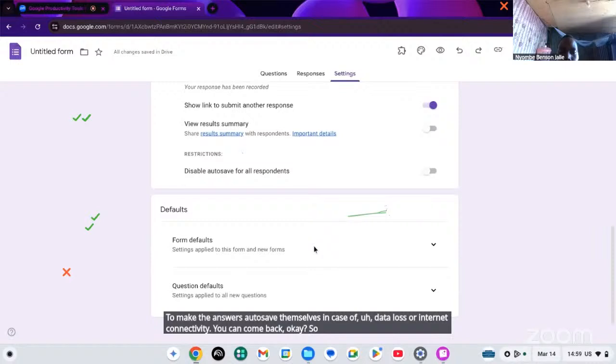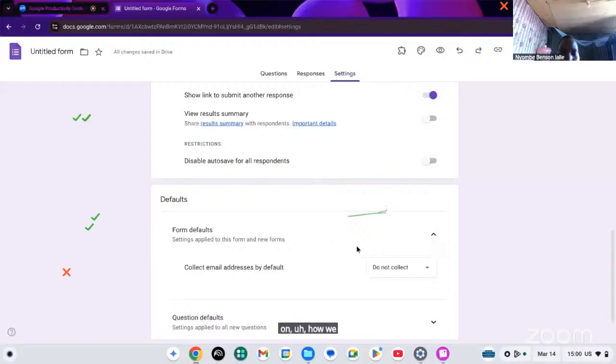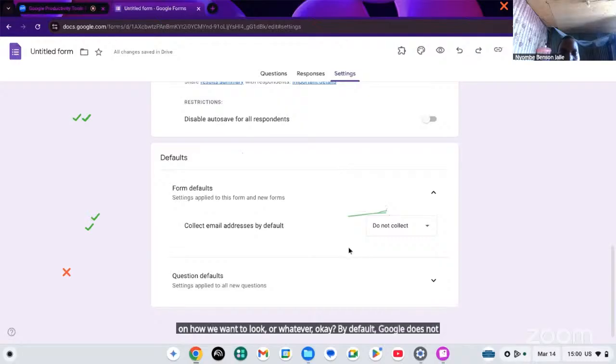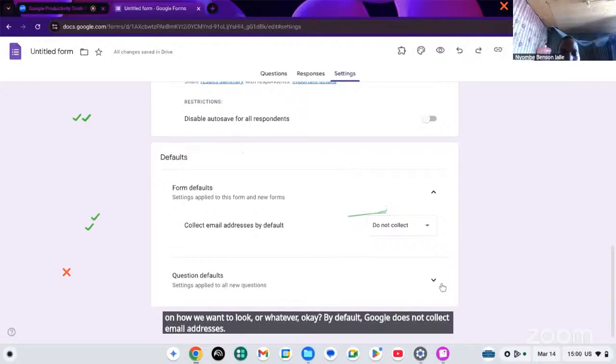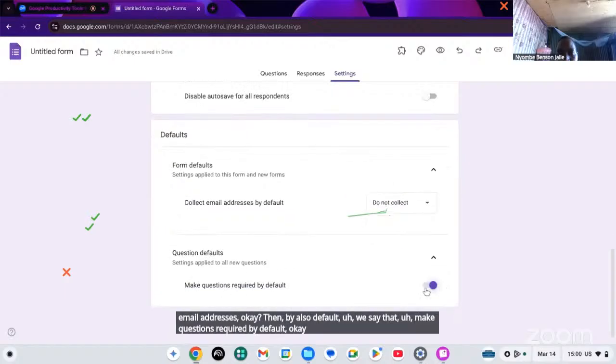So we can also make some changes on how we want it to look. By default, Google does not collect email addresses. Then by default, we say to make questions required by default. Of course, if we come to our questions,